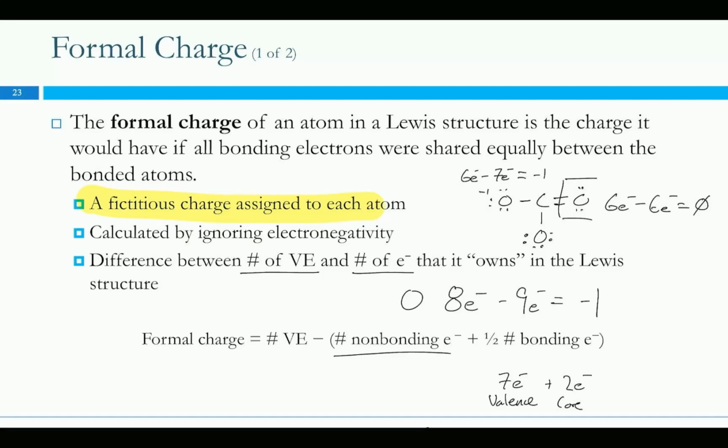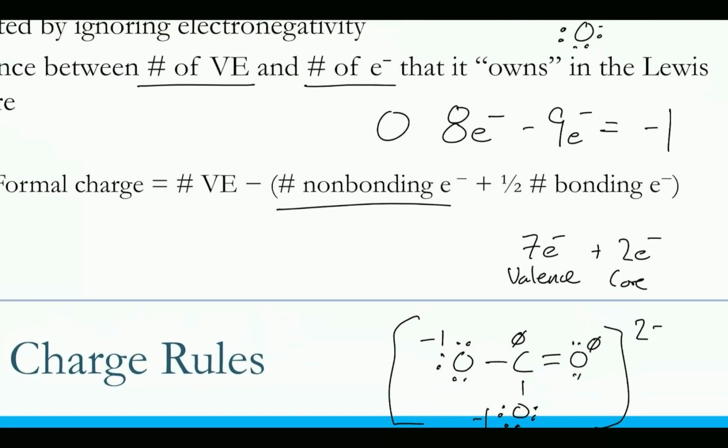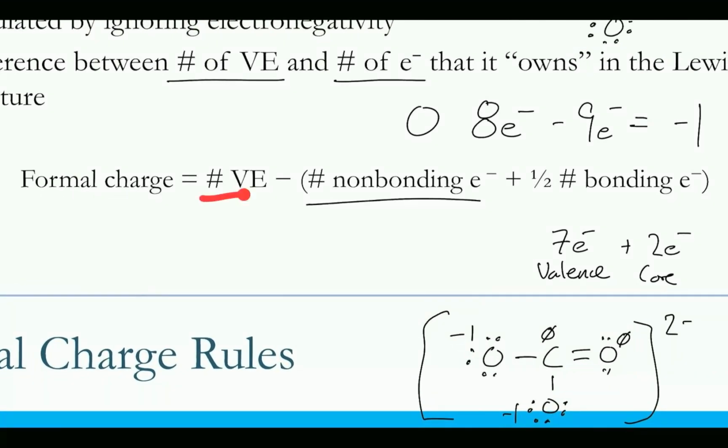Because maybe we haven't finished it. But so, formal charge, we talked about formal charge. It's the difference between the number of valence electrons and the number of electrons that it owns in the Lewis structure. There's a couple different ways to word this, actually. So formal charge can be the number of valence electrons minus the non-bonding, minus half of the bonding. To put that even more simply, it's